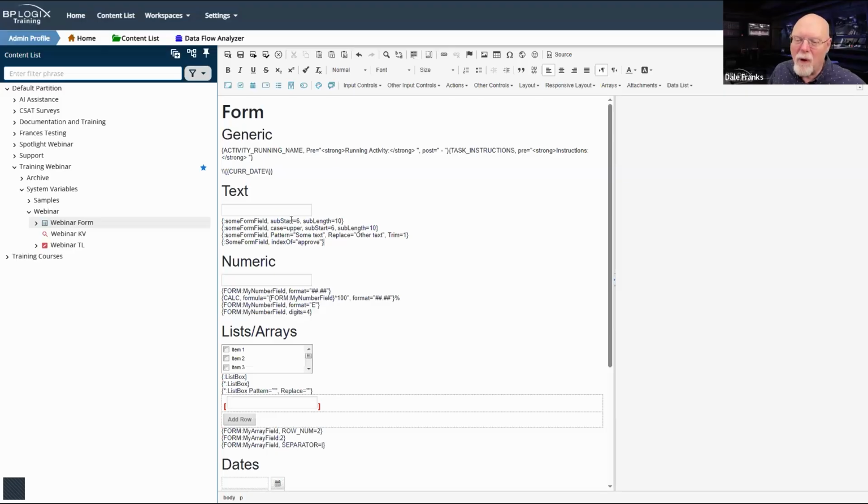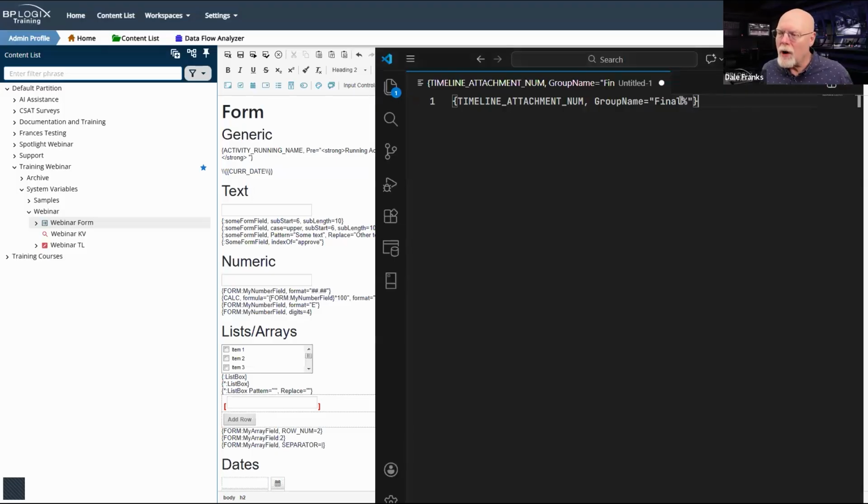So some form field, substart 6, sublength 10, and you would have to try to evaluate if that returned miss or not. These are useful, but it would be super inconvenient to have to try to build a system variable case to pull back some specific text, to search and find some specific text or substring. So these wildcards here make my life a lot easier.